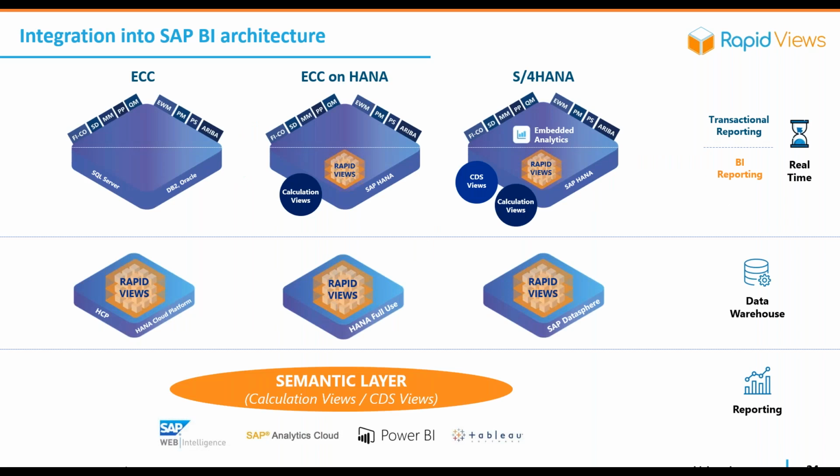This slide talks about architecture. The first layout is your ERP, SAP ERP, ECC on a relational database, ECC on HANA in the middle, and of course S4 HANA. If you want to do just transactional report, you can use the embedded analytics from SAP. It's a little Fiori tile linked to specific CDS. It's a kind of small reporting tool inside S4HANA. It's very useful when you work on a transaction. You can see the result of your transaction.